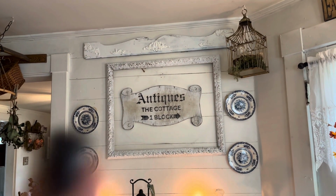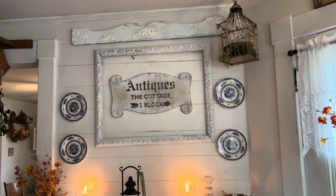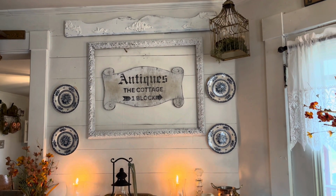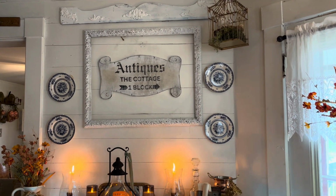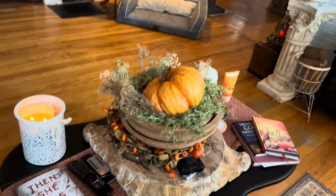And then on top here is just some architectural salvage that I painted, and I added some molds to. I still need to kind of put some dark wax on it. So there's that. And then stepping down here,